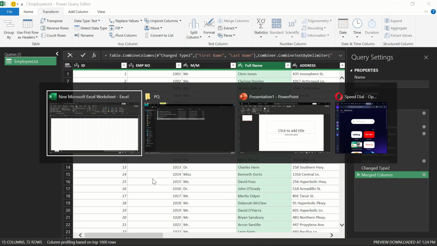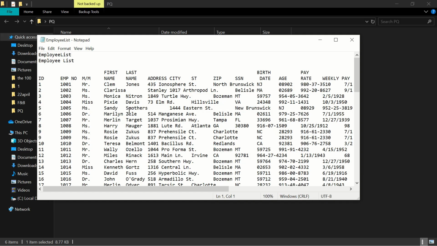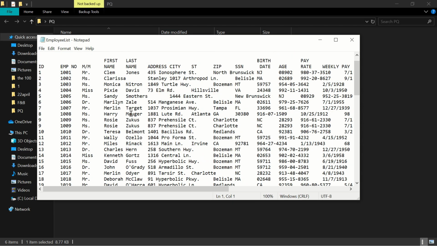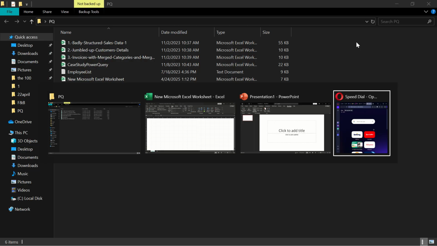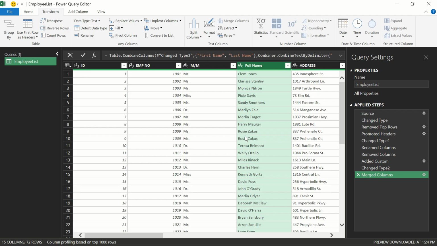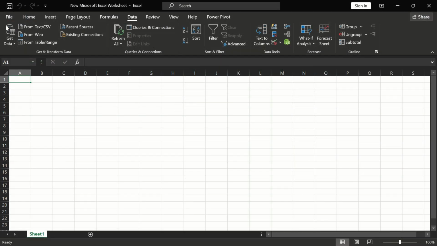If I try and open this, it's not going to open in Excel. See what is opening. But now with my Power Query Editor, I go to my home tab and I say close and load. What close and load does is it loads my data, this thing that I've adjusted, into Excel. So if I select close and load, watch what happens,